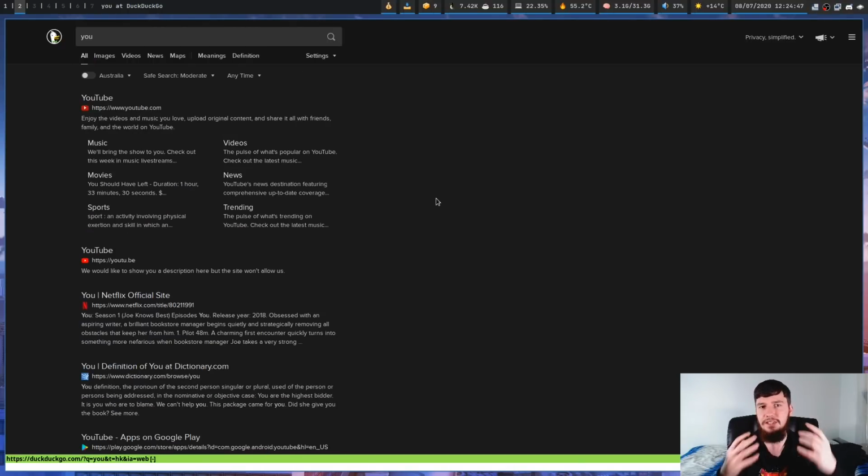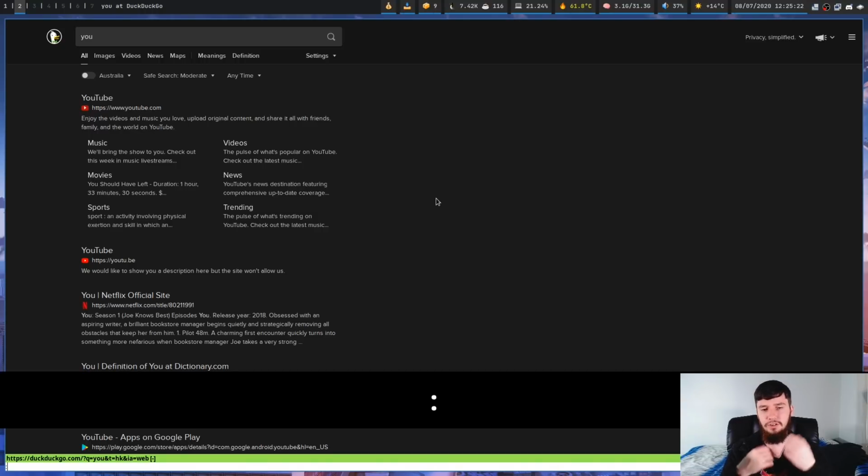So this is a WebKit-based web browser, so the mouse will still work perfectly fine. But being a web browser that is supposed to be Vim-based, it's expected that you're not really going to use the mouse that often, if ever. Basically, every action in this web browser can be done by doing some sort of Vim binding or running some sort of command. So speaking of commands, if we want to go into command mode, what we can do is